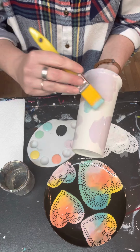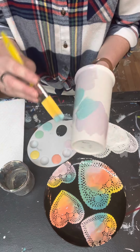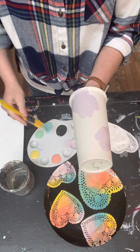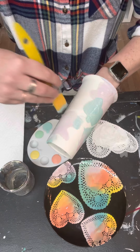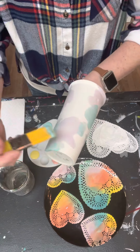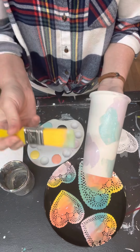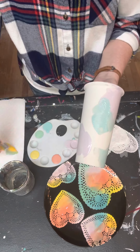And I'm gonna paint near my purple because I know these colors work very nicely together. So if the purple's still wet and it mixes a little bit, it's only gonna be good. Okay, so I'm just gonna go into whatever beside. Okay, and again, I'm gonna paint until I run out of paint off my brush, so that my brush is what I call a semi-clean brush. And then you can give it a little wipe on your paper